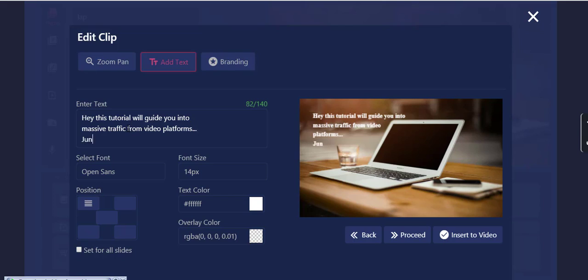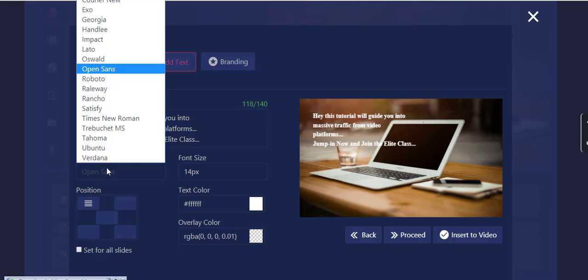Jump in now, and join the elite class. So I could just have something like that there, and of course I can play around with the font,